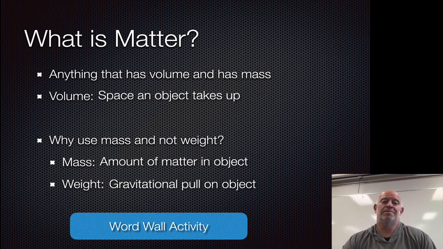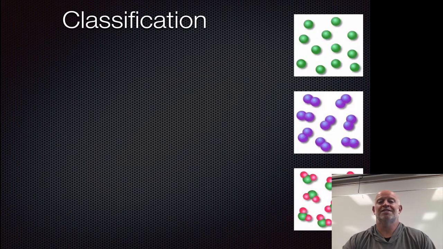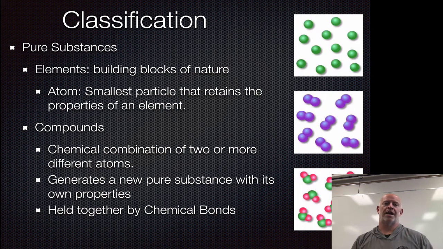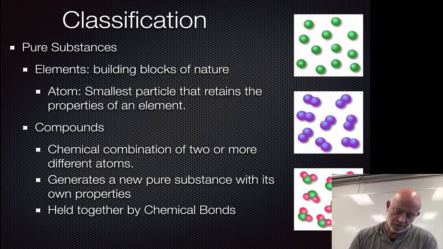Once we know these basic ideas of what mass, volume, and weight are, the next piece of our puzzle is to start to classify the actual matter into some different categories. So we're looking at different categories for matter, all right? Now, the notes here are really good, but I like to break this idea down even further for us. So if we take a look, first of all, we have matter.